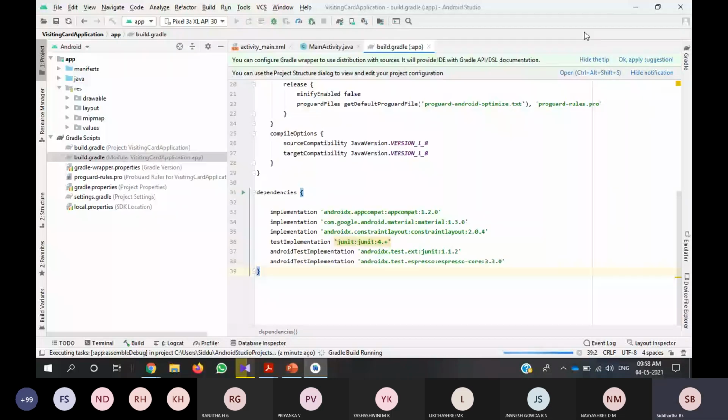Can you see the screen properly? Yes, sir. Okay. This is how to use AVD Manager, how to create your virtual device, and how to run the application on your emulator or the virtual device. Let's see how to run your application on virtual devices. So next is running the app on your virtual devices.